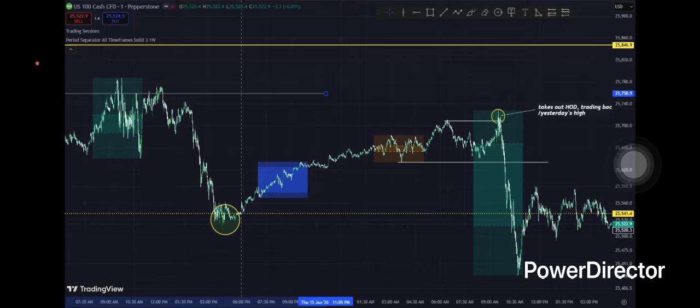9:30, do not take trades before 9:30. I won't even take a trade before 9:30 if we are looking at a Forex pair, right? 9:30 is even important for your Forex pairs. So